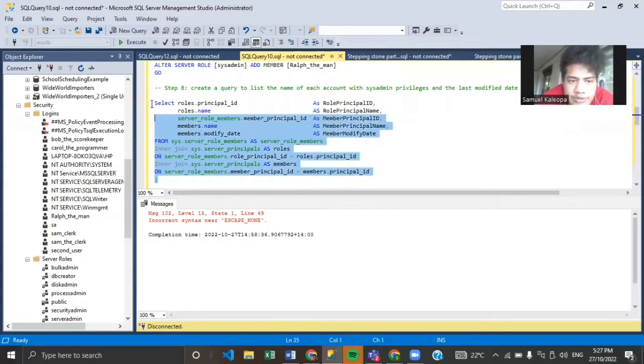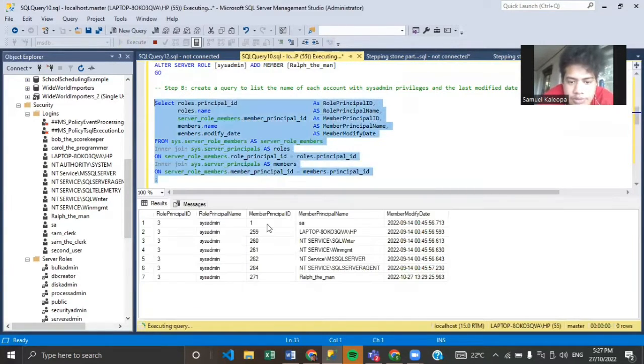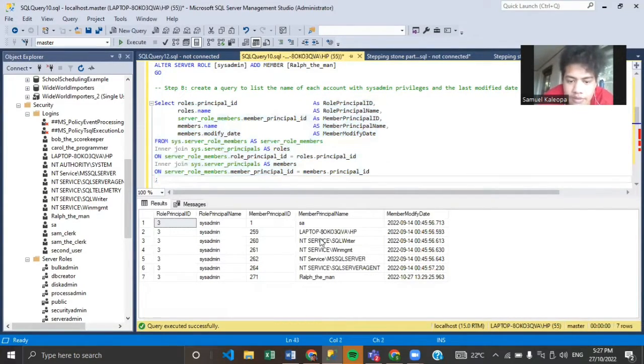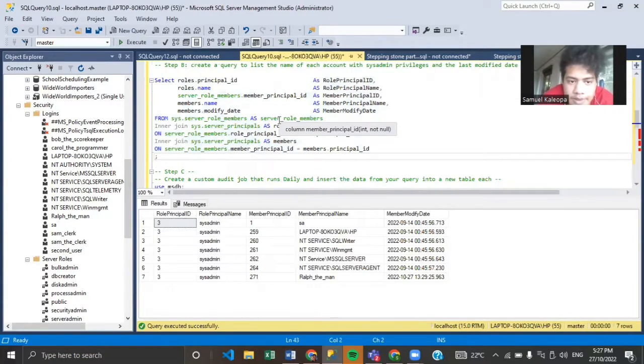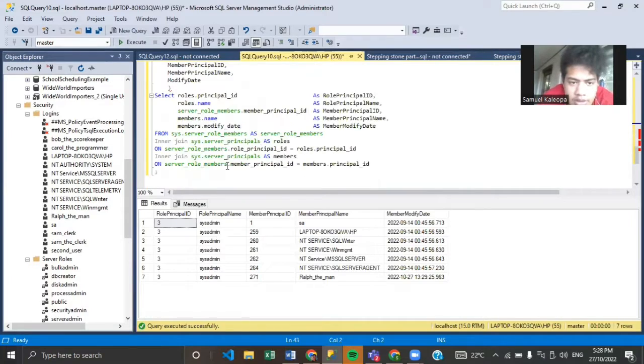If we execute this, we should be able to see the list of all the system admins and the day they were modified, or the day these accounts were created. For step C, create a custom audit job that runs daily and inserts the data from your query into a new table. So what I did here is write code